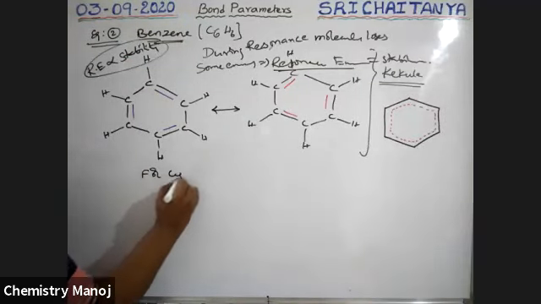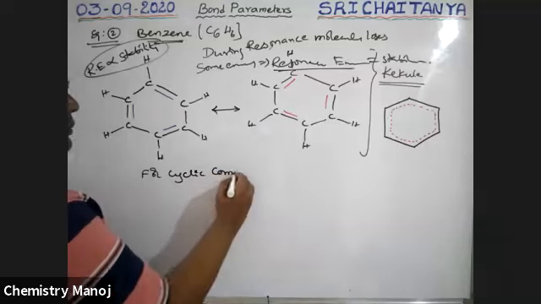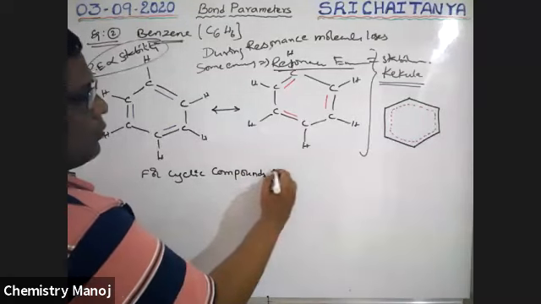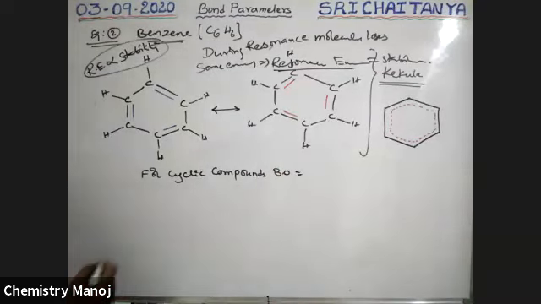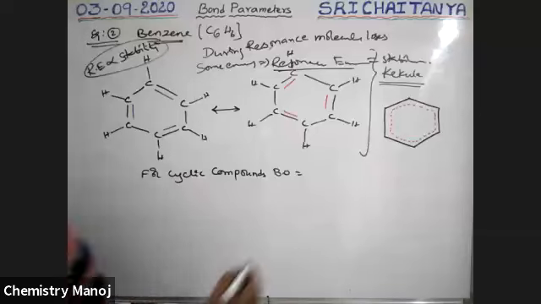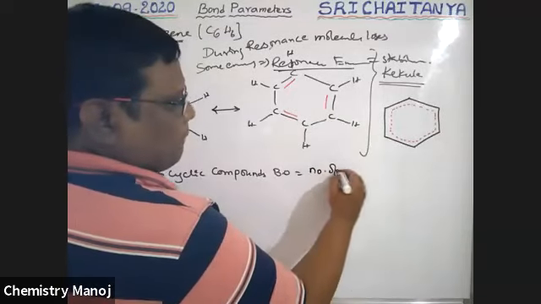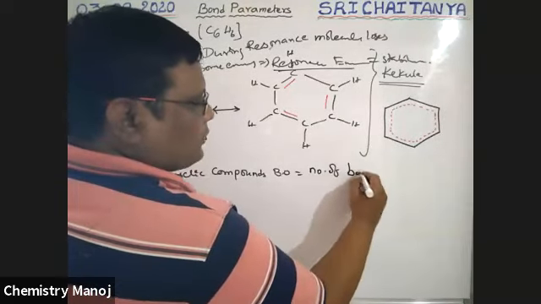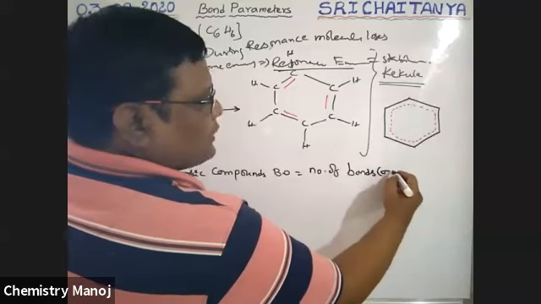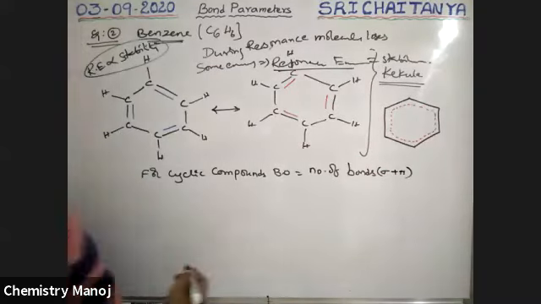For cyclic compounds, bond order is equal to the number of bonds, both sigma plus pi,